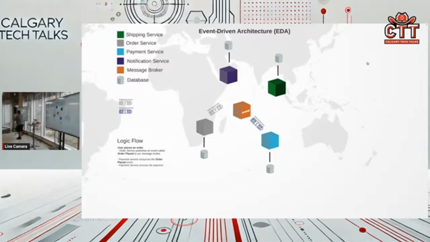So we have another component called the payment service. The payment service has interest in the order placed event. So it will consume this event, saying that okay, I got an event from order placed, I want to respond to this event. Then the payment service will process the payment. I don't know if you are going to call a payment gateway or PayPal, something like this. After that,